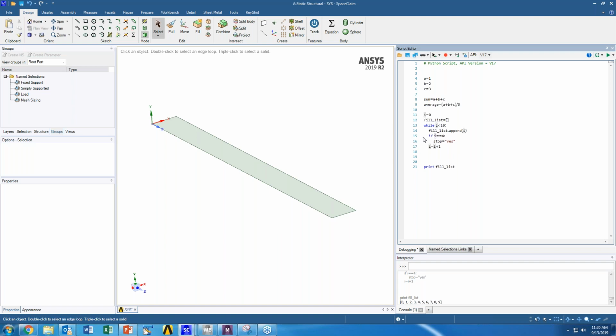Let's say I wanted to change this from I equals I plus 1 to I equals I plus 3, but I don't necessarily want to rerun the whole script. I can always click on a line that I want to start running on, hit run next line, and it'll step right into that point without running any of the information before that point. And you can see here my new output is 0369 since it's I plus 3 instead of I plus 1.